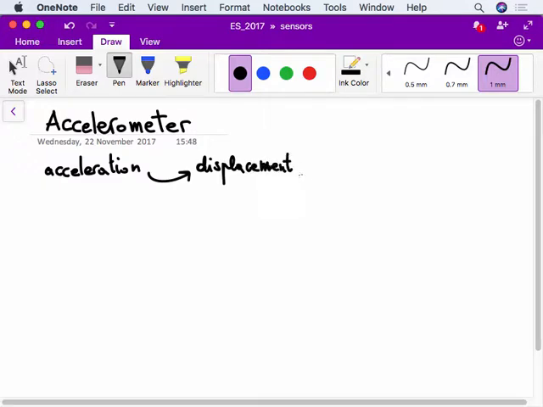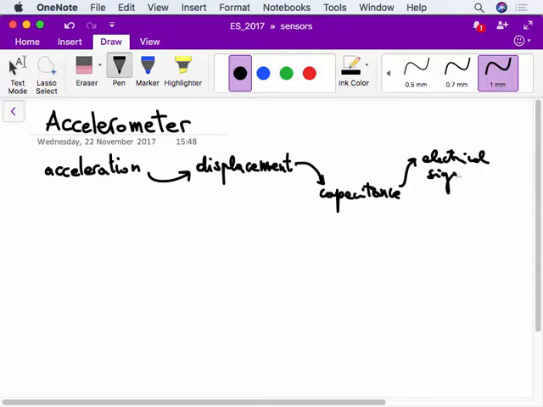Then we want to transform the displacement into a variation of capacitance, and then we want to transform the variation of capacitance into an electrical signal. Okay. Now we need to understand the basics of these transformations,